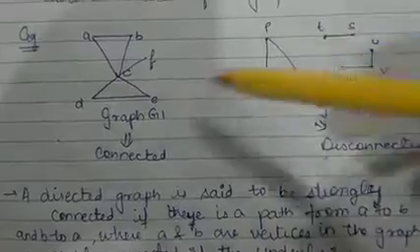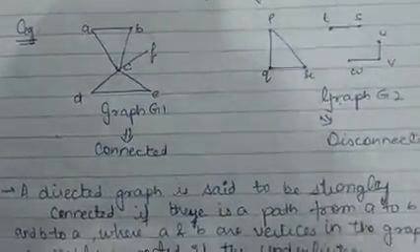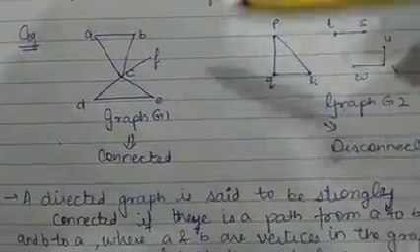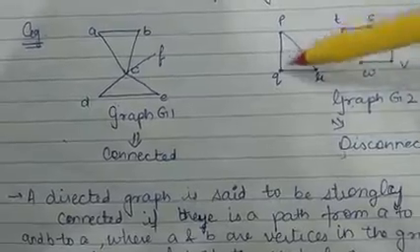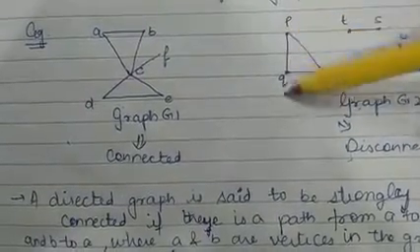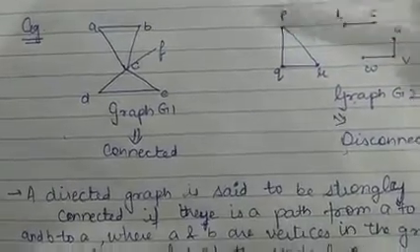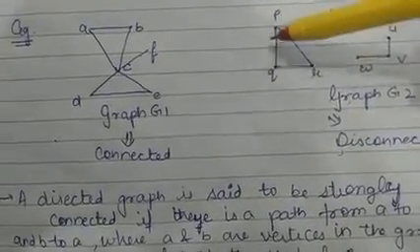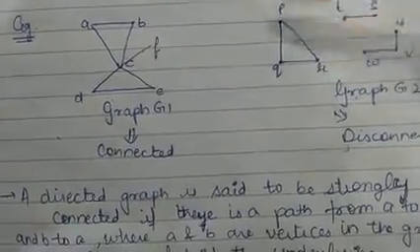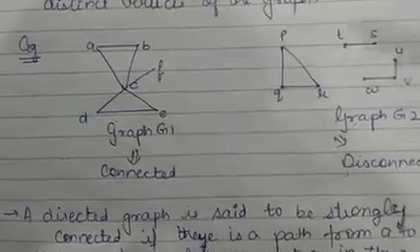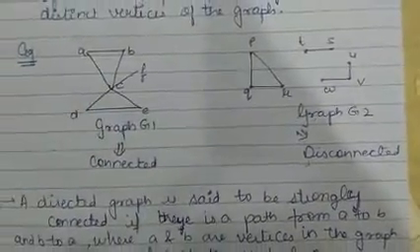Here I can say that a proper edge is present between all these vertices, so if I can say that this is my single graph, then this graph is a connected graph. But in this scenario, T is not connected to B or R, and there is no proper connection between all the vertices. So this type of graph is known as a disconnected graph.